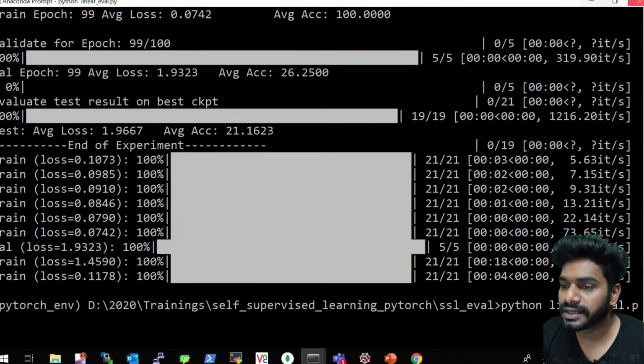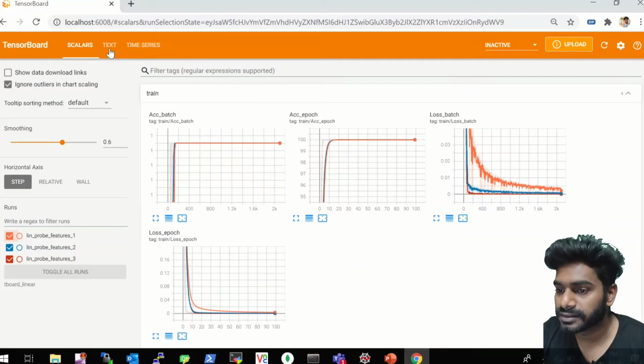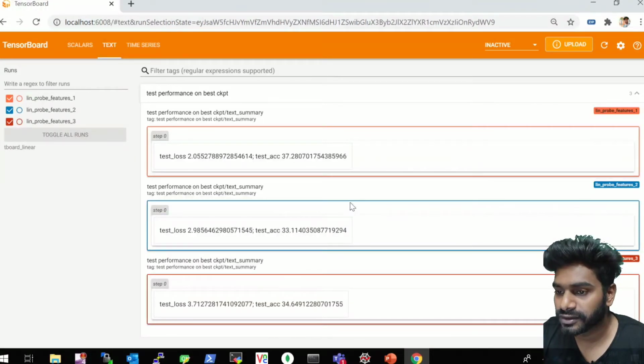And one more thing is, let's see the test accuracy. We didn't see the test accuracy. Yeah, so for the linear probe feature 1, it's 37%. Features 2 is 33, and for features 3 it is 34. Okay, so I think in case of test performance, this one is working the best, the probe feature 1,